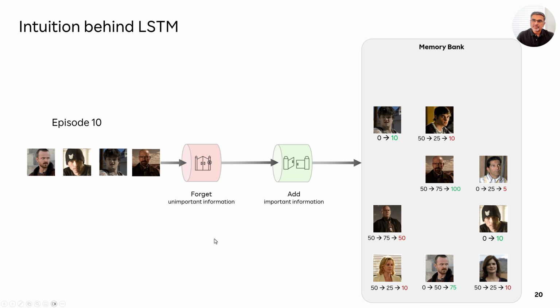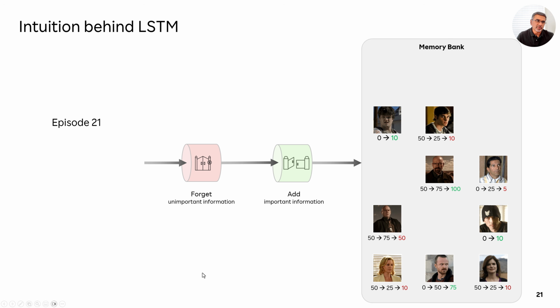And what we also do is start to decrease the scores of people who have not been appearing as often in the first 10 episodes that we have seen. For example, Steve Gomez originally went from 0 to 25, and over the last 10 episodes, because he's not appearing enough, we start to decrease his score, and we go from 25 to 5. Same with Skylar White, who goes from 50 originally to 25 to 10, and so does Mary's score, from 50 to 25 to 10. And then we continue to watch more episodes.